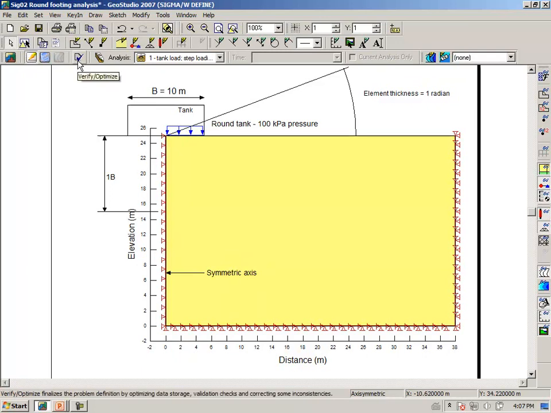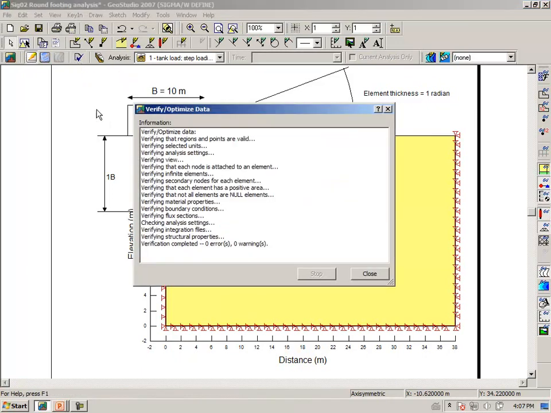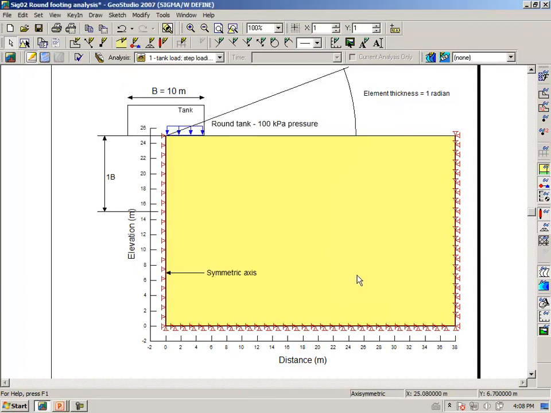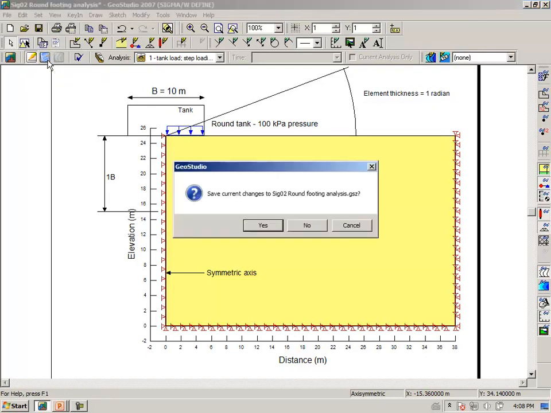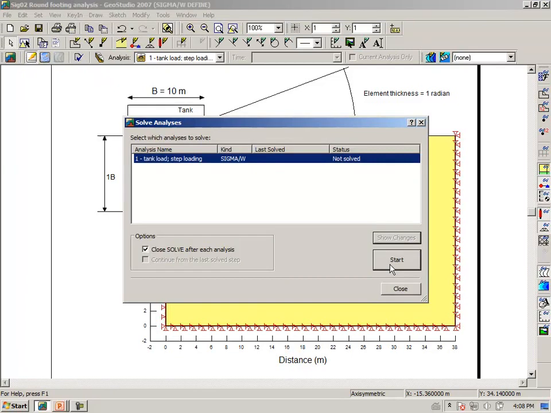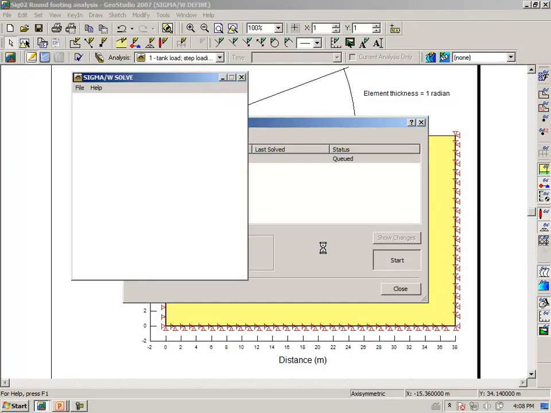Clicking on our Verify Optimization icon, we see that we have 0 errors, 0 warnings, meaning that we have supplied sufficient information to make calculations. Clicking on the Solve button, we can now solve this problem. Clicking on the Start button